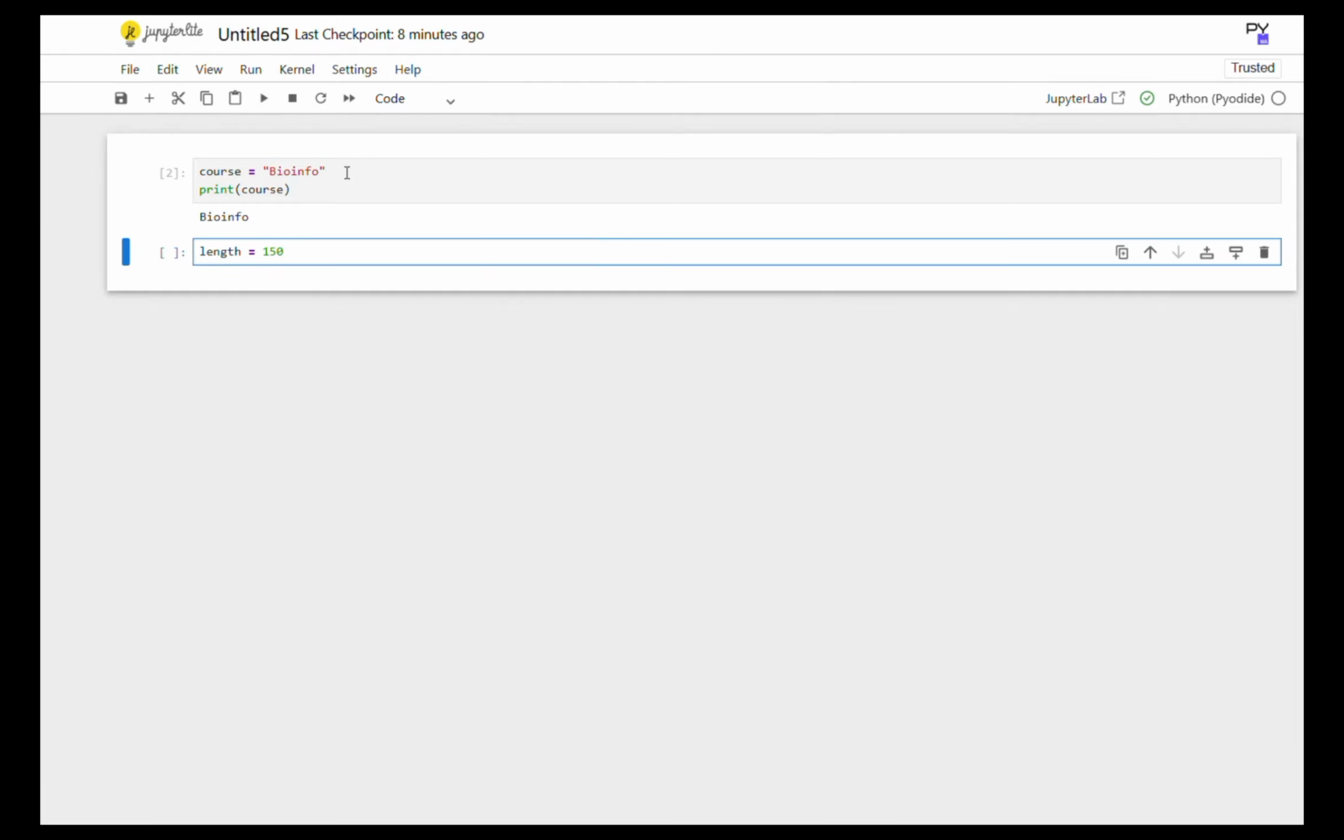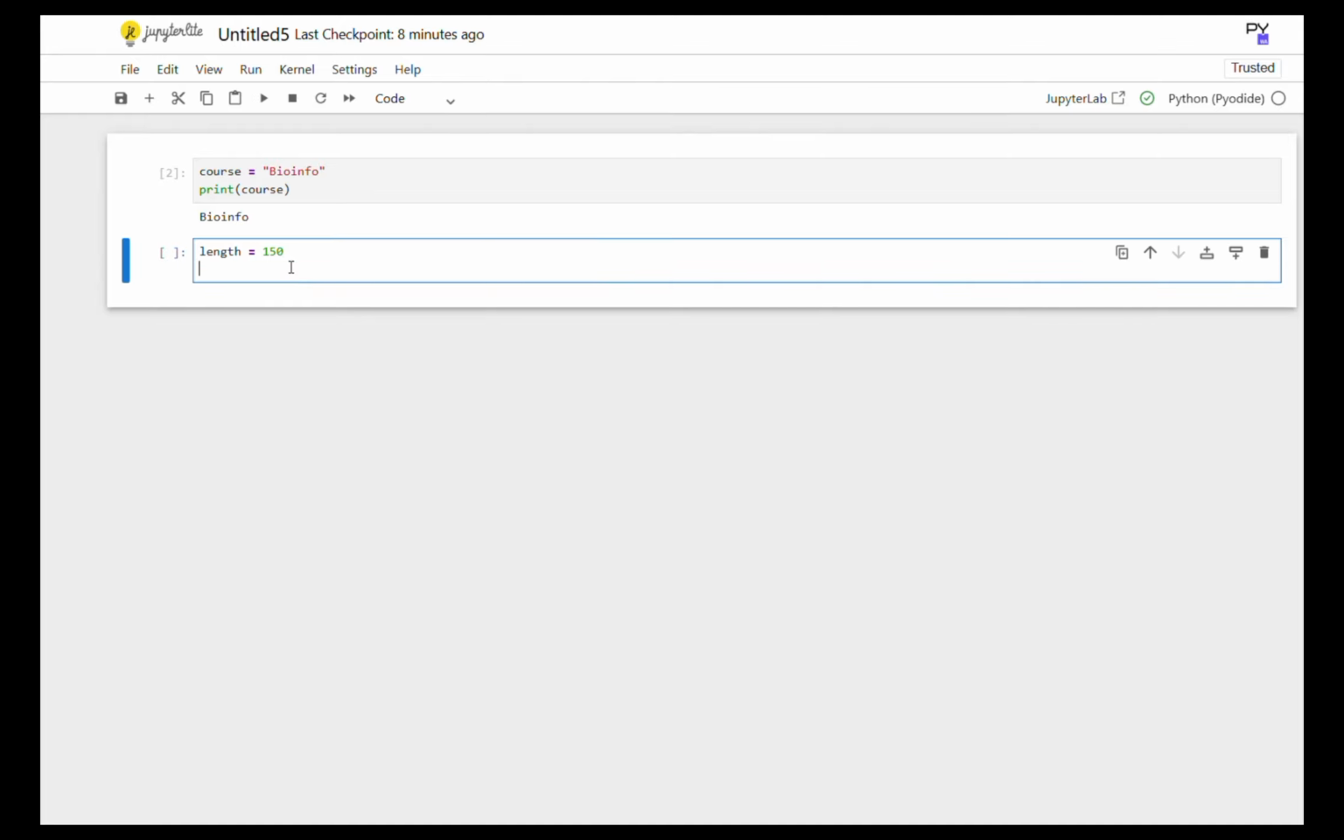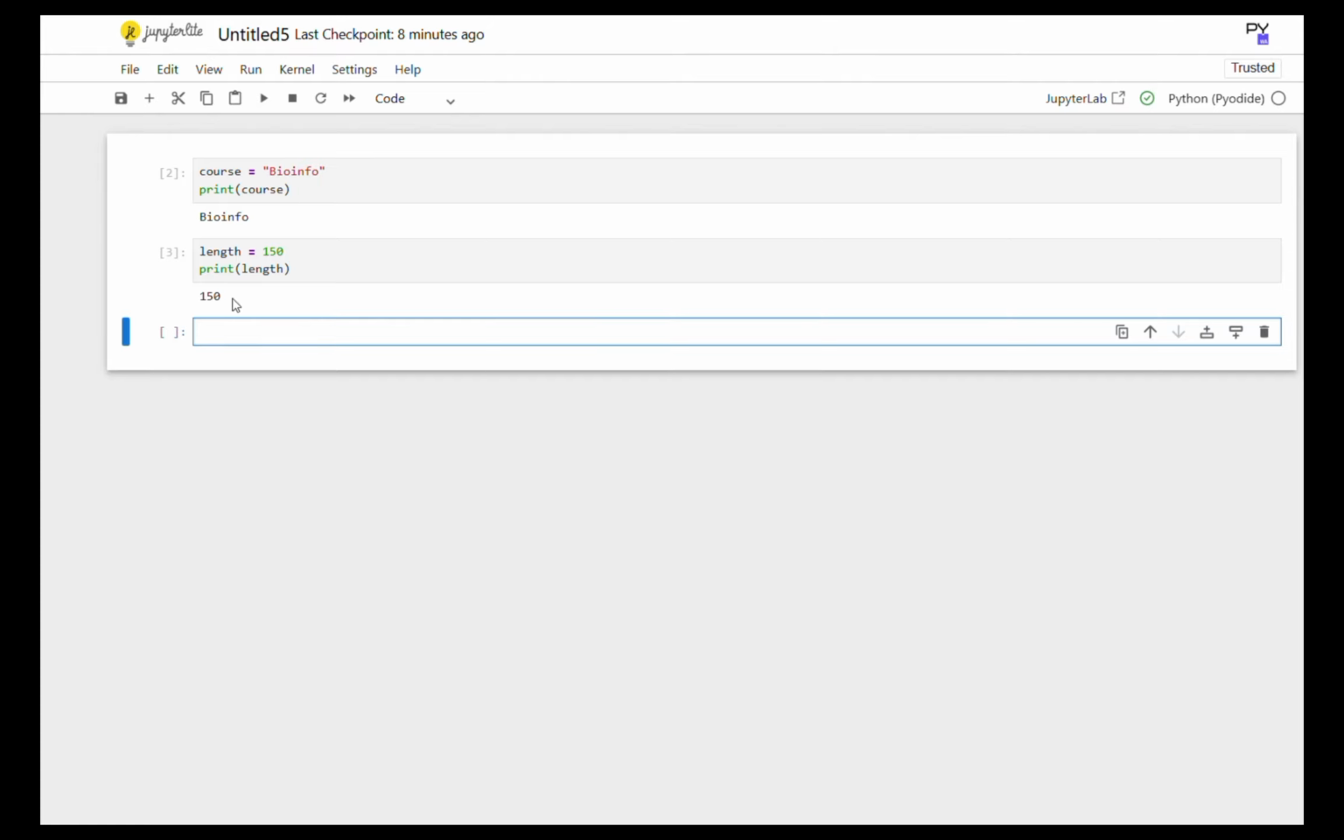A different data type could be integer. Say you are writing length is 150. Here, because this is Bioinfo, it is a string, right? It consists of characters, that is why it is enclosed in quotes. Here length is a number, an integer, so you do not need to include quotes. Same goes for float,